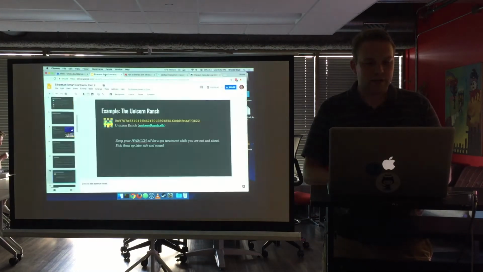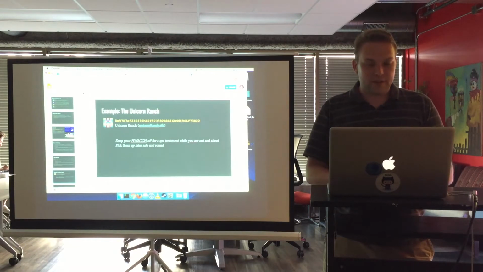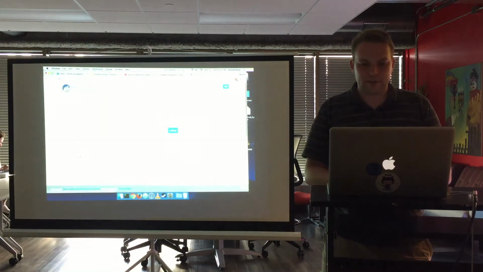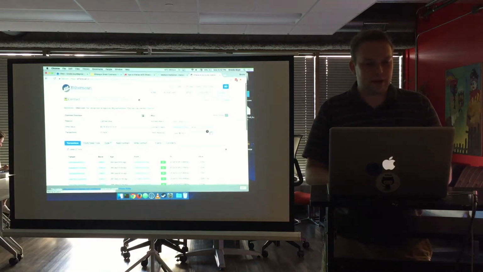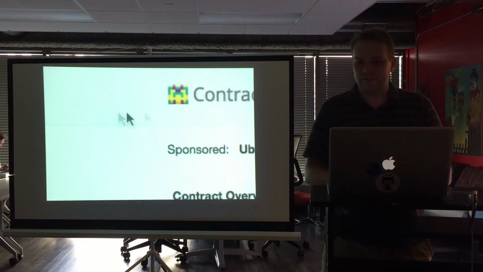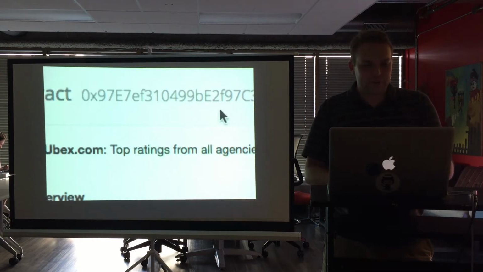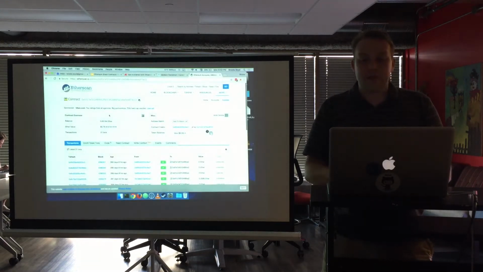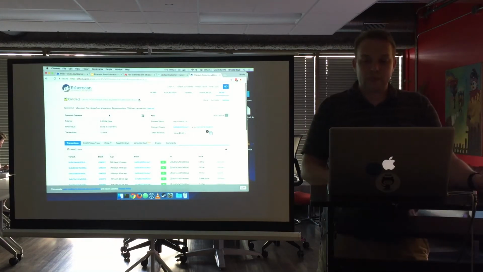You can even peek here before we even go there. 97E7EF, that looks like it's going to be about right. Let's double check. Going here, does that blocky look familiar? Yep, that should be the same one there. So we are at the right location. The same sort of checks we did the first time we should do here. Is this owned by a human or is this a contract?